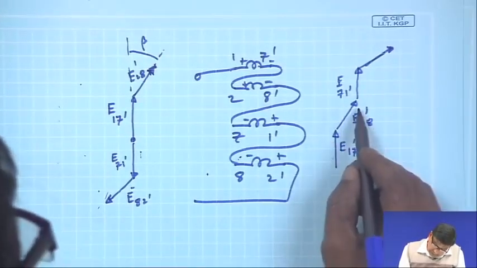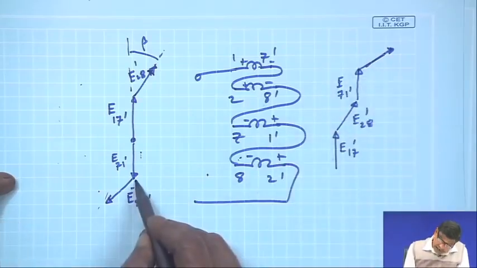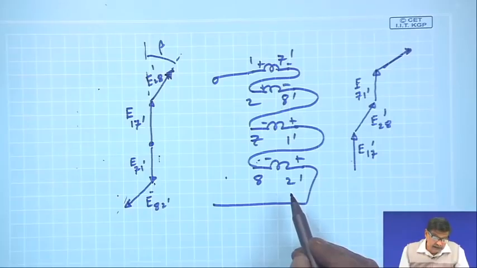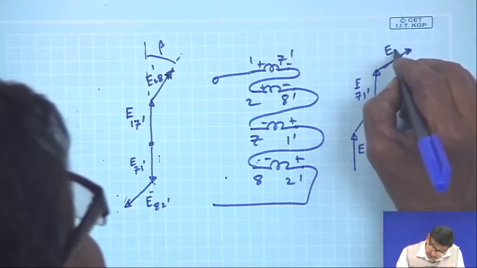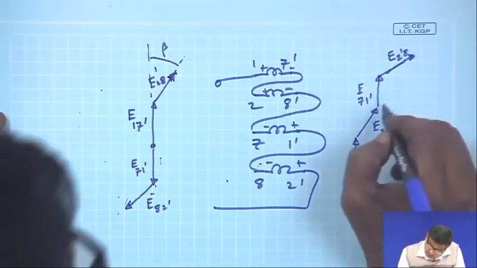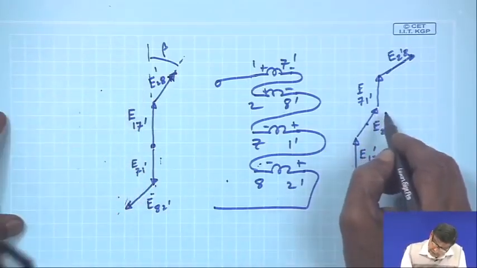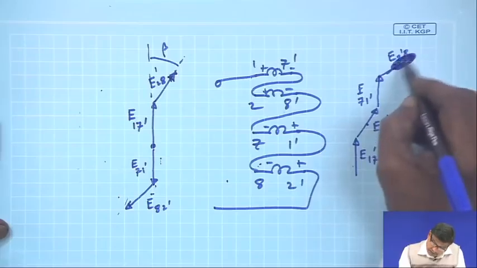This, then this, and it was E82 dash. So, you should take E2 dash 8. So, this must be marked as E2 dash 8, correct now. So, this group voltages now will be, oh I am sorry, it should be like this, no,